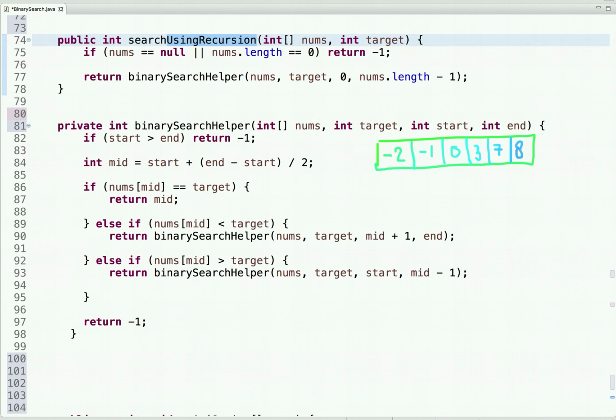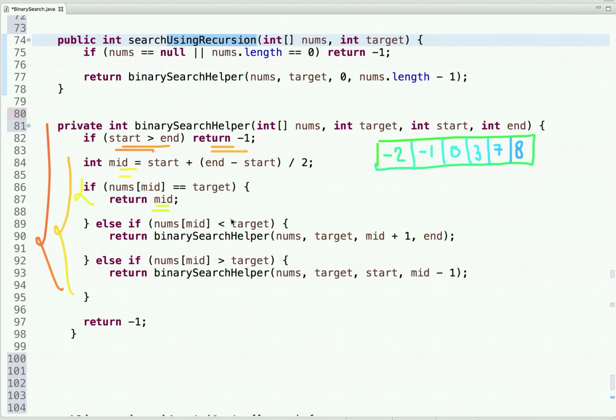We have already discussed binary search and its iterative implementation. Let's see how we can implement it using recursion. So we know in recursion, a function will call itself until its base condition is true. And here the base condition is if start is greater than end, then we simply return -1. Else the condition remains the same, which we discussed in the iterative version of binary search. So we compute the mid, and if the value present at the mid index is the target, we return the mid index.